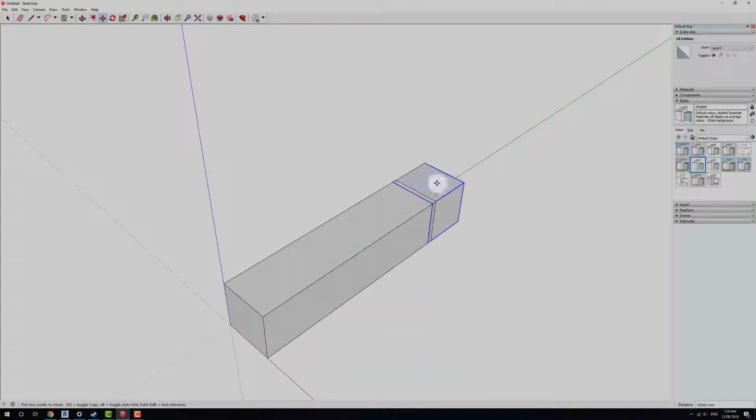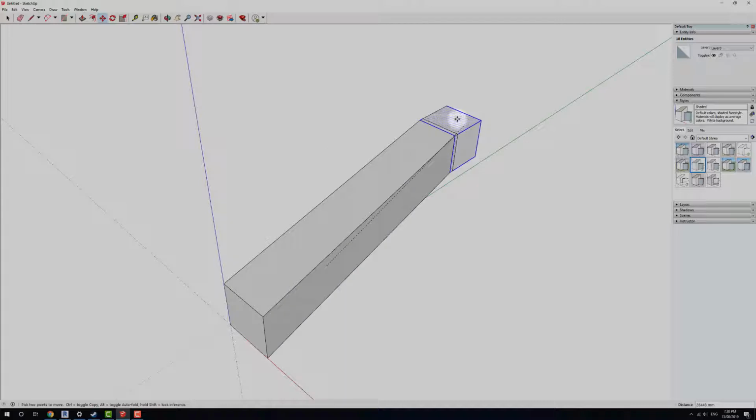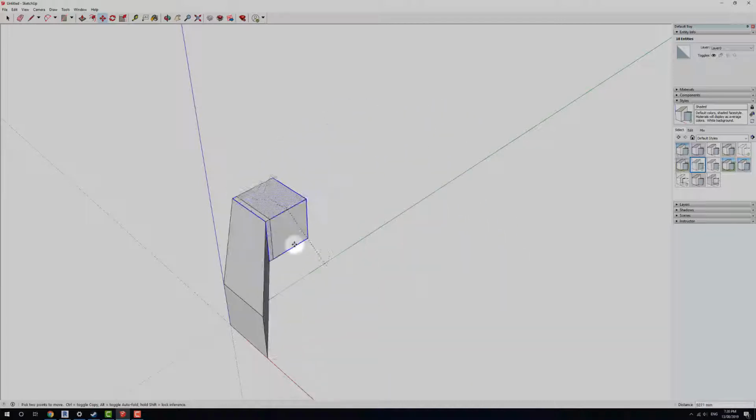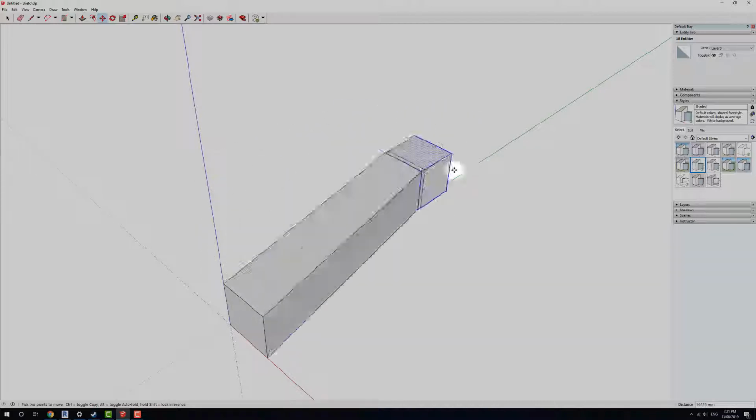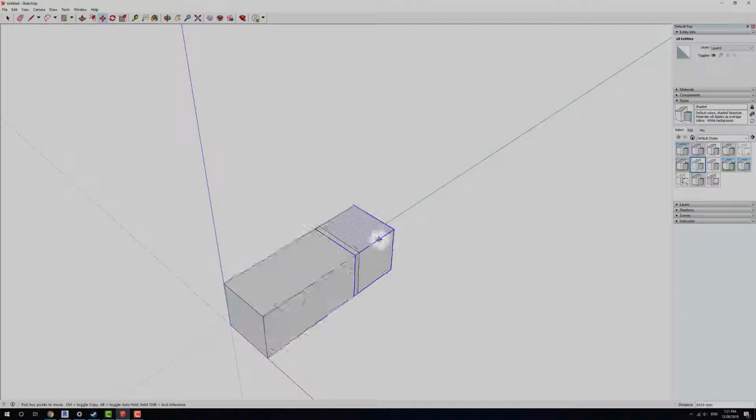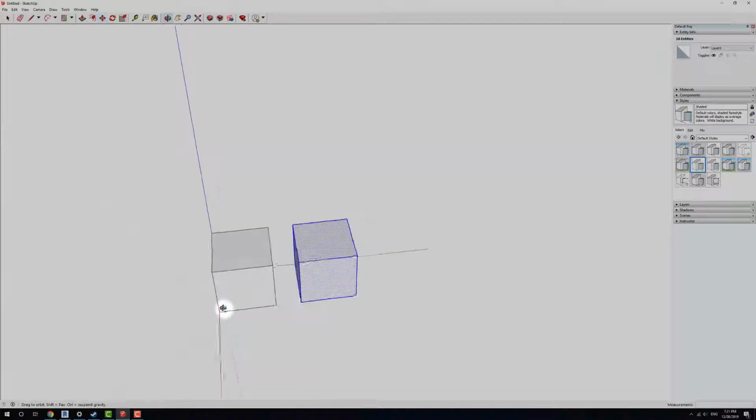Okay, now notice how if I'm moving that now, all right, the previous cube that we created moves along with it. All right, so SketchUp has a thing called stickiness, where geometry that sticks or touches each other will be stuck to each other, and you need to counteract that or deal with it. The way we get around this, if I hit Control Z and create that separation, is through groups and